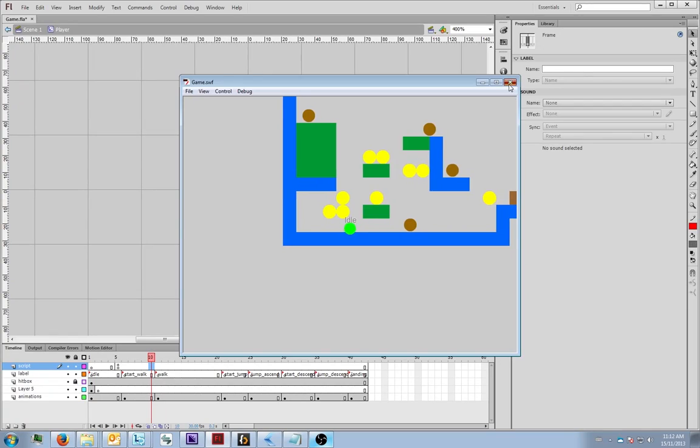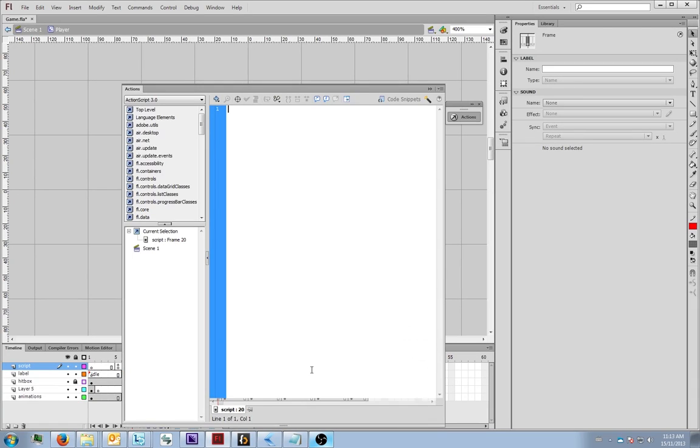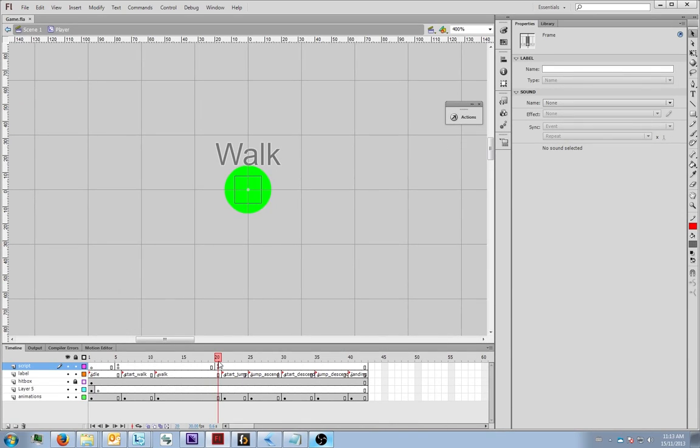Start walk just goes all the way through, and we already know why, because we actually need a loop right over here. So over here we're going to say F6, right at the last frame, F9, and go to and play walk. And just a little nuance, usually it doesn't matter if you have this last frame in an animation, because